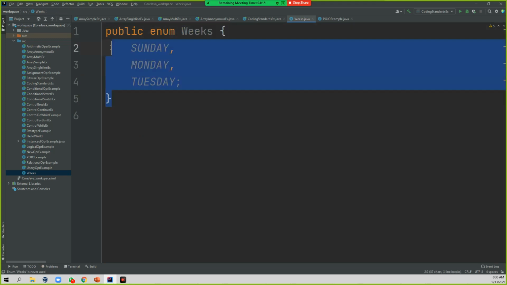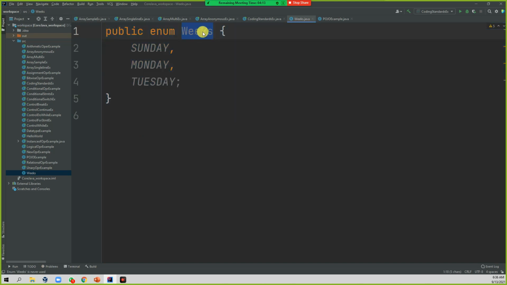The enum name is Week, a set of weeks: Sunday, Monday, Tuesday, and likewise the rest. But inside the enum, everything is in caps. While calling it, you can use the particular enum name and the value.